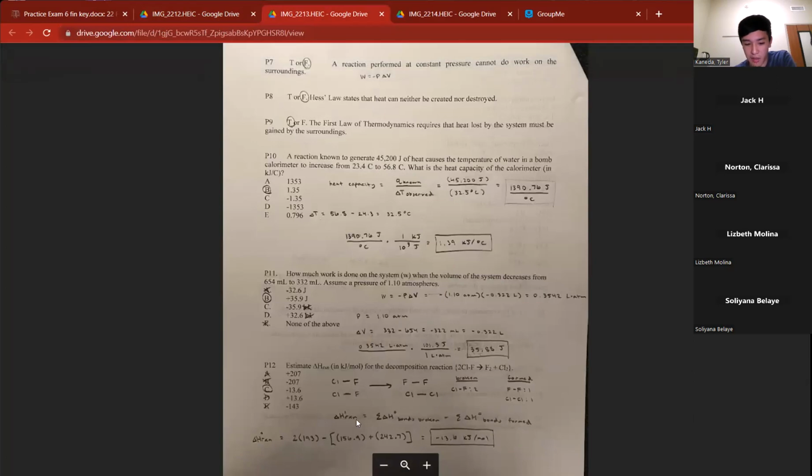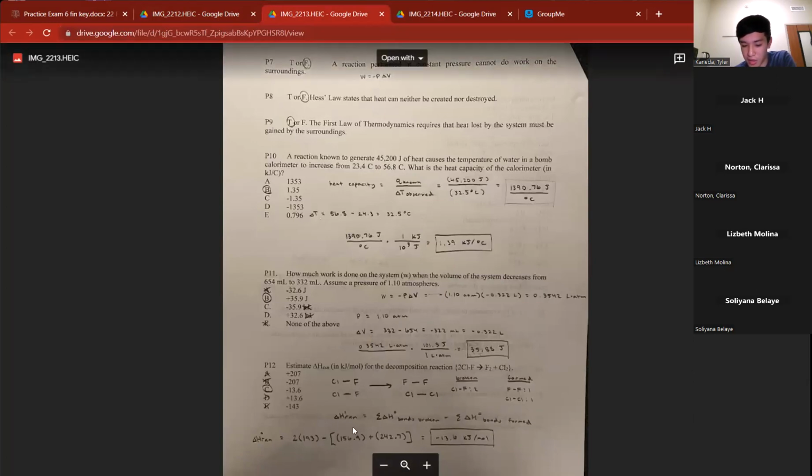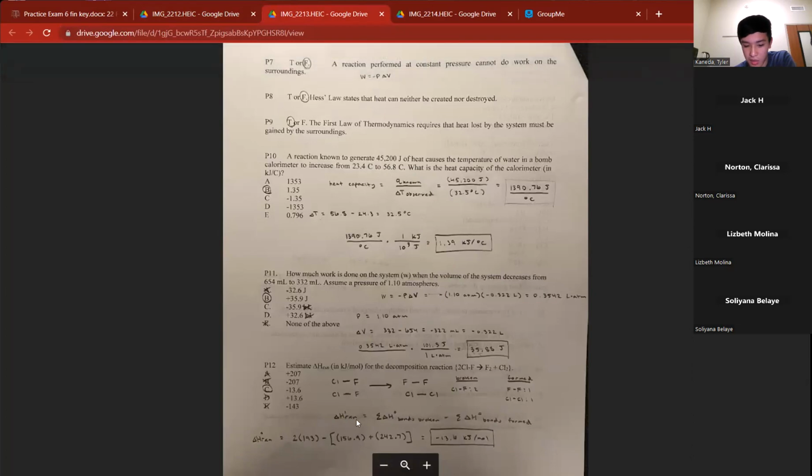And then the equation that you need to know is the change in enthalpy of the reaction is equal to the sum of all the enthalpies of the bonds that are broken minus the sum of all the enthalpies of the bonds that are formed. So basically your reactant side will be the bonds that are broken,